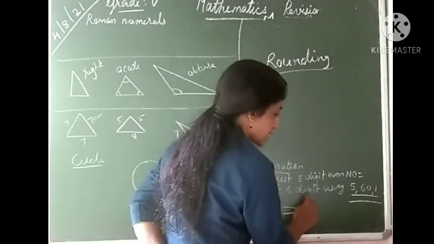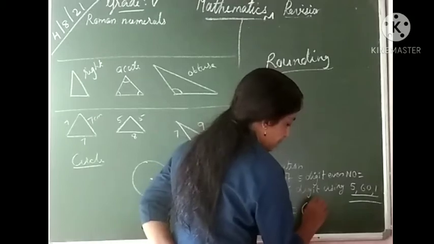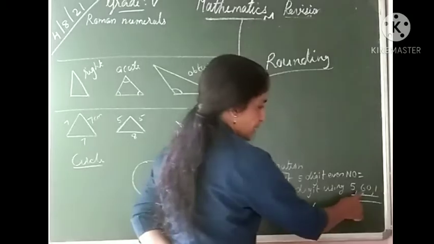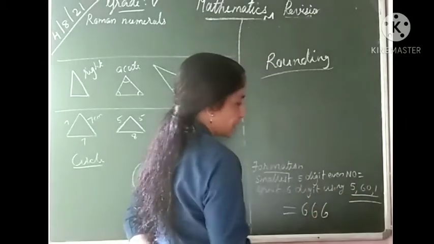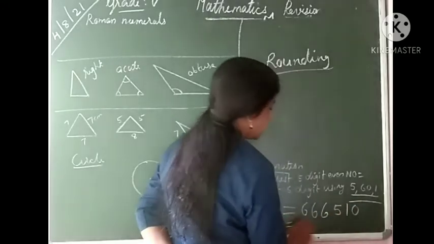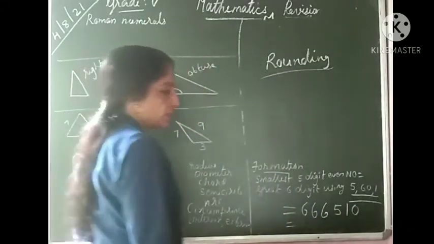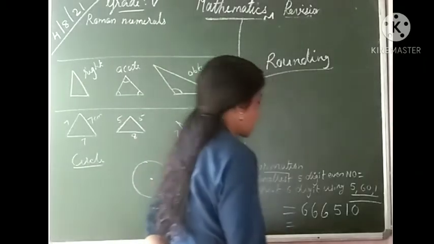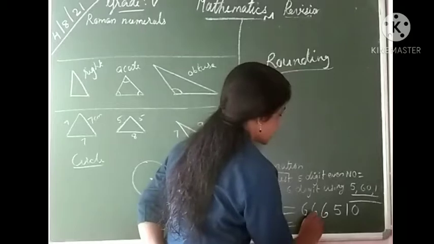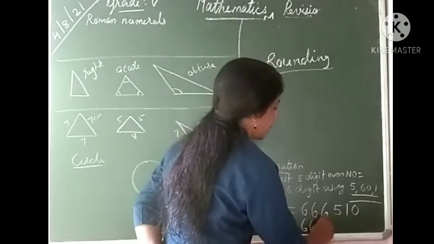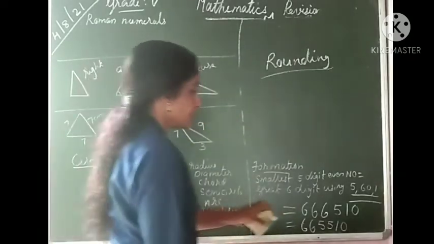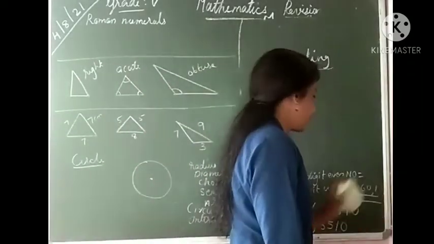Once again look, it is a 6-digit number. The number we can repeat is 6. So we wrote it 2 times. Then we have 4 digits. 6 has already come, so we can write one more 6. Then what comes next? 5, 1, 0. Now if the instruction is that each digit can repeat only 2 times, then what can we do? We can write 6 2 times, 5 2 times, and 1 0. Understood the difference? Greatest 6-digit number using the given 4 digits.